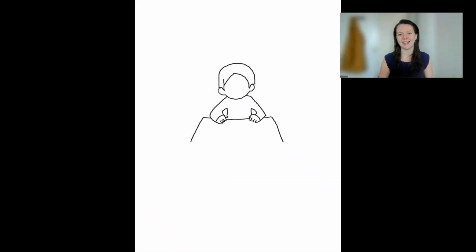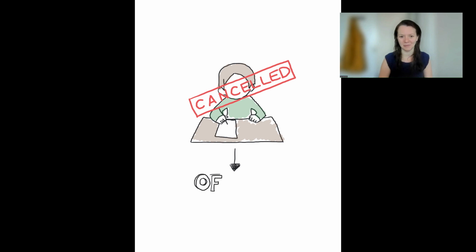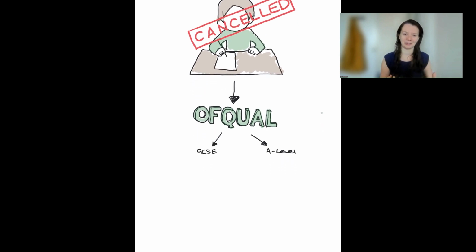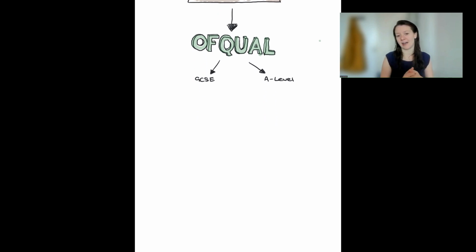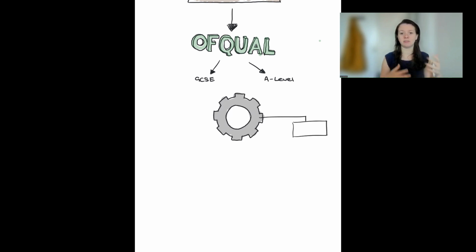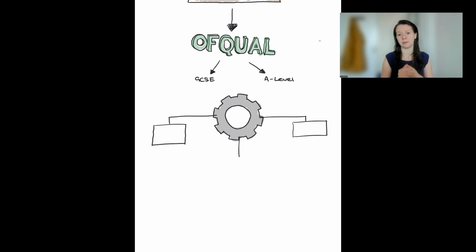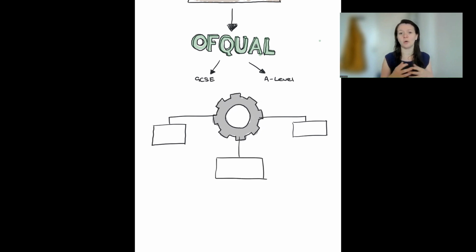In 2020, all GCSE and A-Level examinations in England and Wales were cancelled due to the COVID-19 pandemic. As a result, Ofqual was tasked with creating an algorithm that could predict the students' grades in their GCSEs and A-Levels. The method to do this is outlined in a bit more detail in the case study section, but several factors were used to help build the models, and the one that we're going to focus on here is called